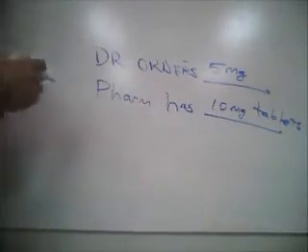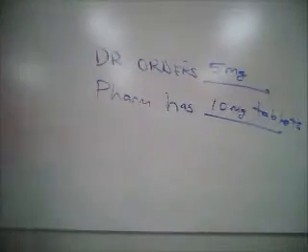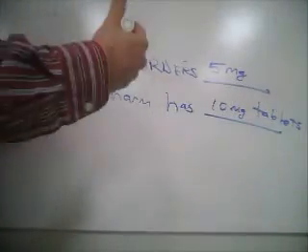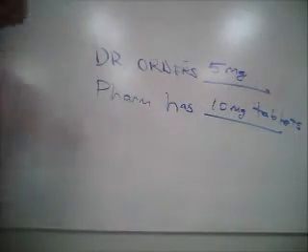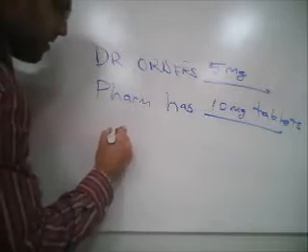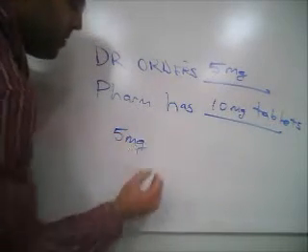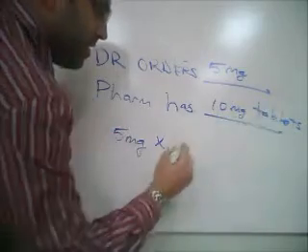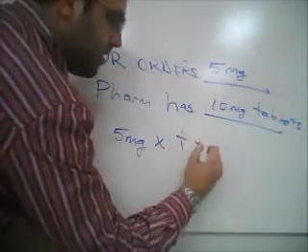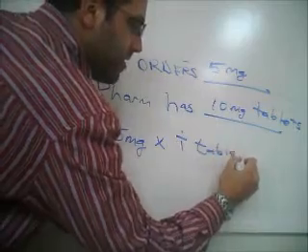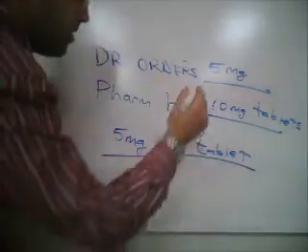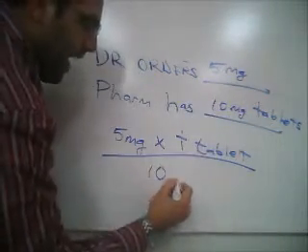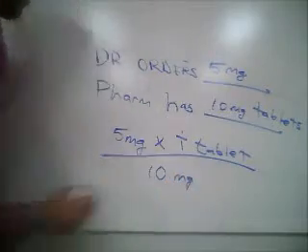So now we just plug it into the equation of want times volume on hand over have. So want 5 milligrams times our volume on hand, which is 1 tablet, over